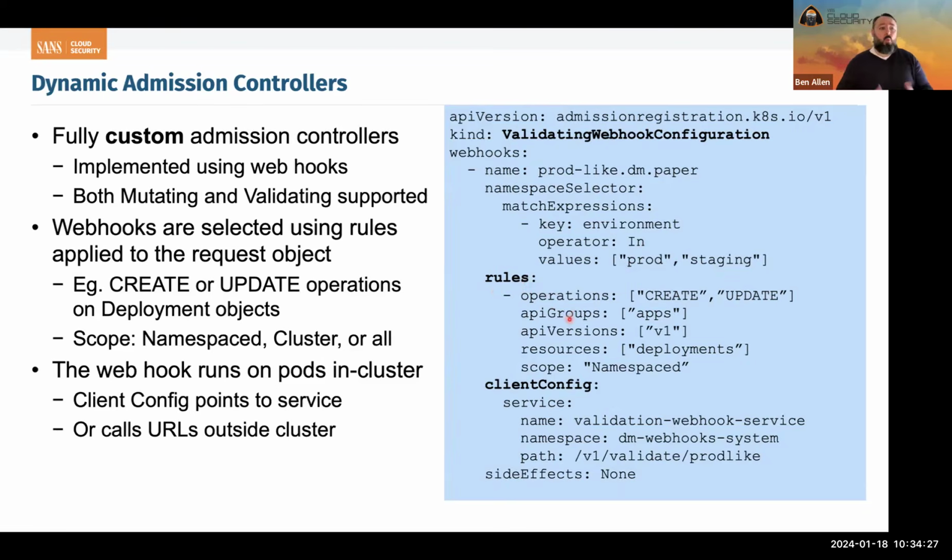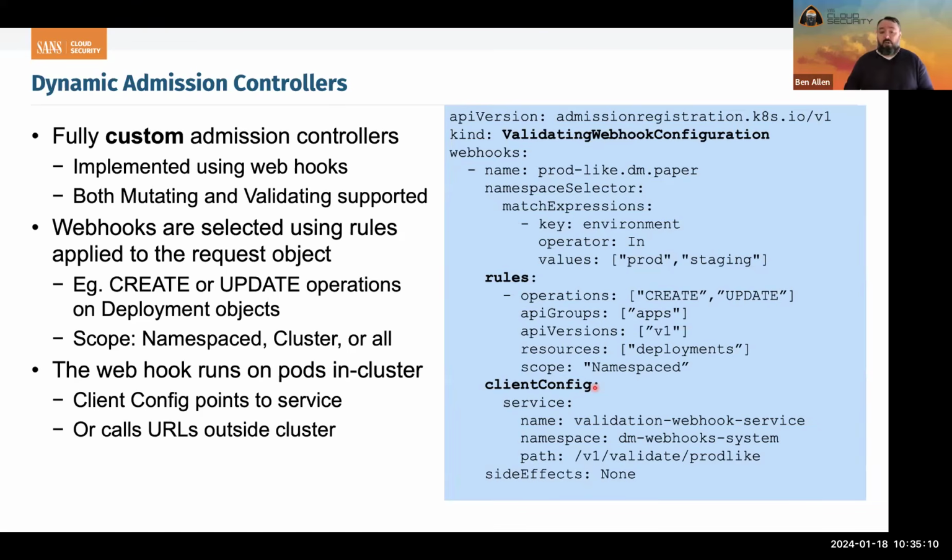Next consideration, some rules. What types of resources and actions does this apply to? We'll say, okay, if we have a list pod coming that matches this top part, well, that's going to get skipped. So we're not interested in that as a validating webhook here. Only interested in deployments, only interested when they're created or updated. We don't need to apply our policy when these are deleted, because when they're deleted, they're gone, and doesn't matter to us anymore. And then the client config gives us that flexibility of specifying how and where do we want